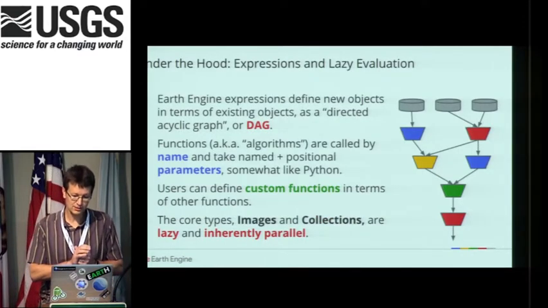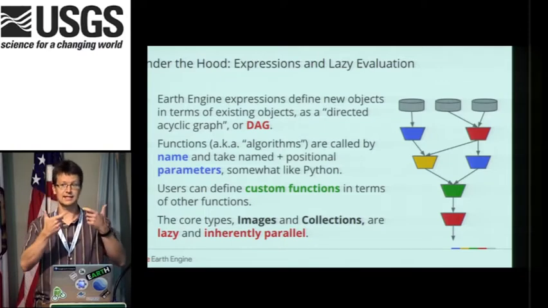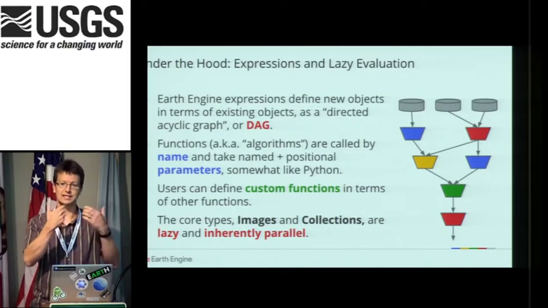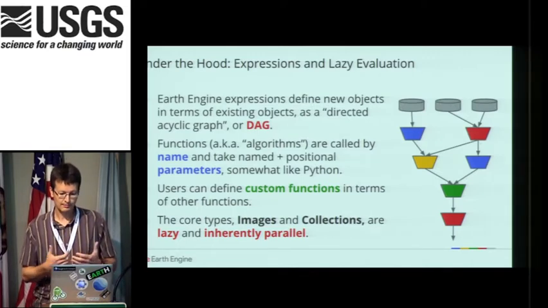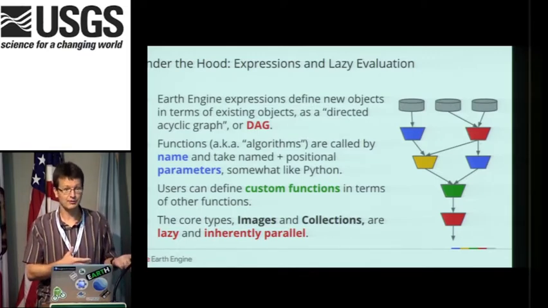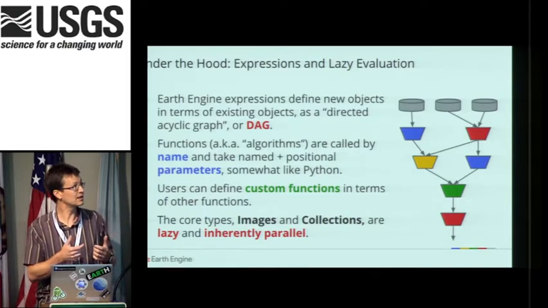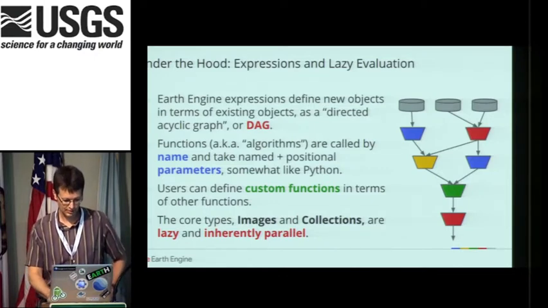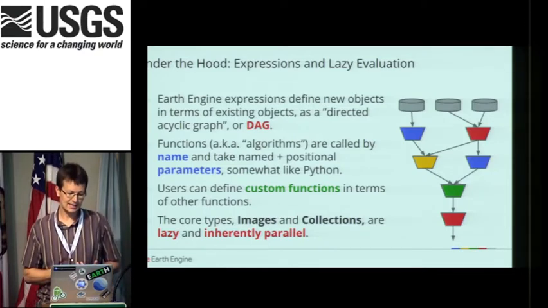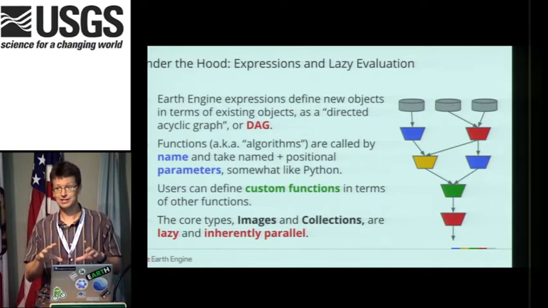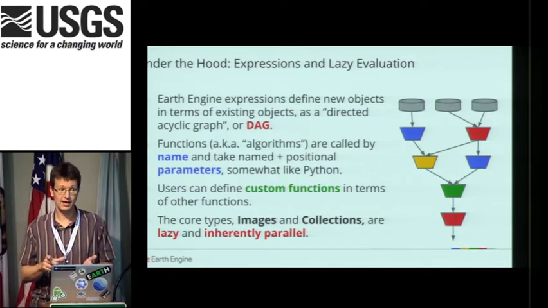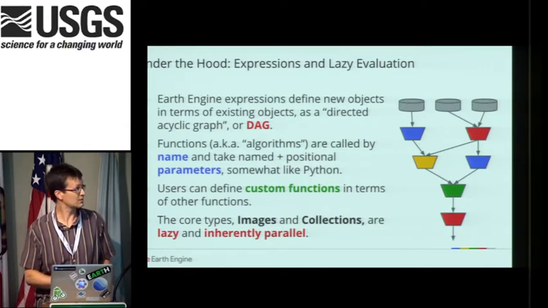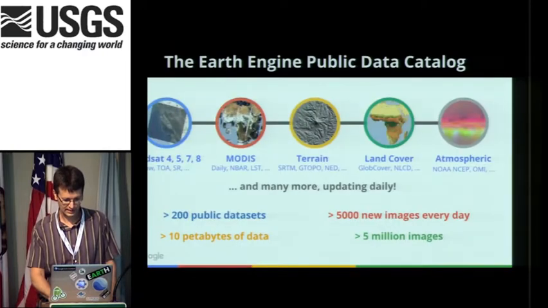Underneath the hood, we have the concept of data sets and a directed analytical graph that describes the processing of those data sets and the algorithms that are applied to them. So a user can apply one of our 1,000 or so functions to these data sets, or you can construct your own custom functions by chaining together quite a few of these terms. A lot of this is lazy, inherently parallel, so we can do stuff really fast when you're doing algorithm development on the fly. But then when you want to kick it off and run something for a continent or the world, we can do that as well as a batch process.